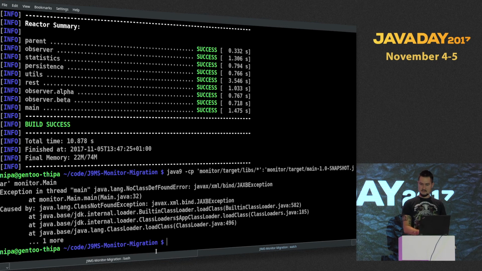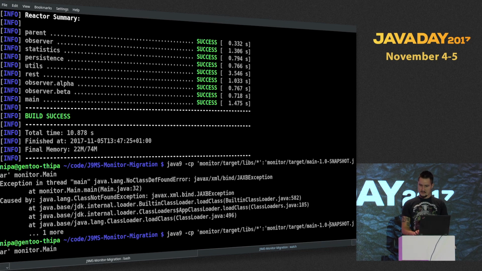Java JAXB exception, class not found. We added the modules at compile time. That did not really change the code. The fact that we need that module is not magically encoded into the jar. We have to do the same at runtime. So now we had to add the same modules again. Almost the same modules. We don't actually have to add the exact same modules because many of the annotations